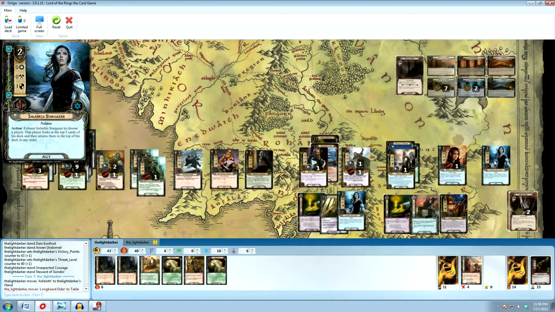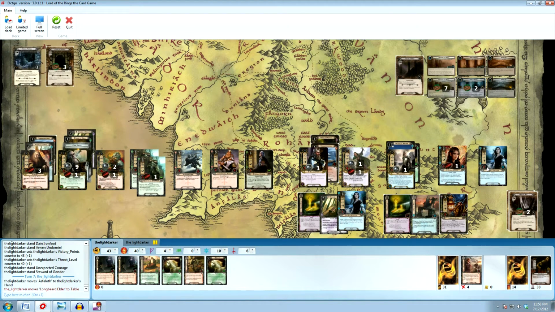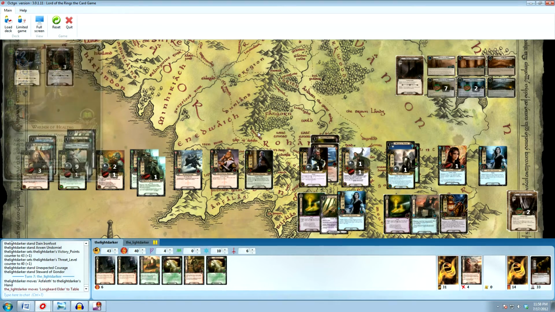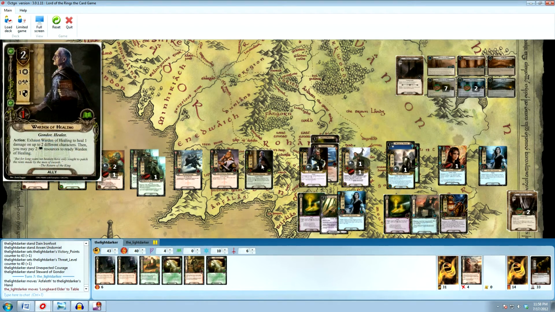And, of course, you guessed it, I forgot to use Imladris Stargazer yet again, so I guess the world will never know if things would have turned out a little bit differently, maybe a little bit better, if I'd have used her ability any of the 3 times I've had the opportunity to use it, but I'm not too concerned about it. At this point, what I'm going to do is take advantage of this Warden